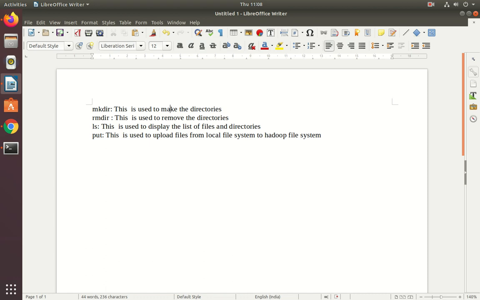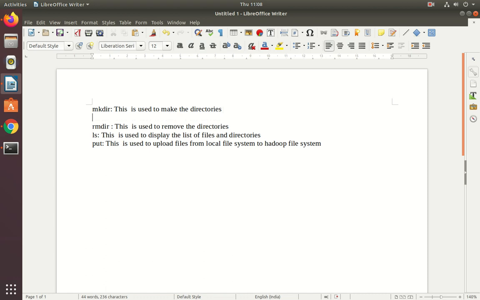If you see the syntax for mkdir, the syntax is hadoop fs -mkdir / followed by the directory name. Then it will create the directory with the given name. That is the syntax.